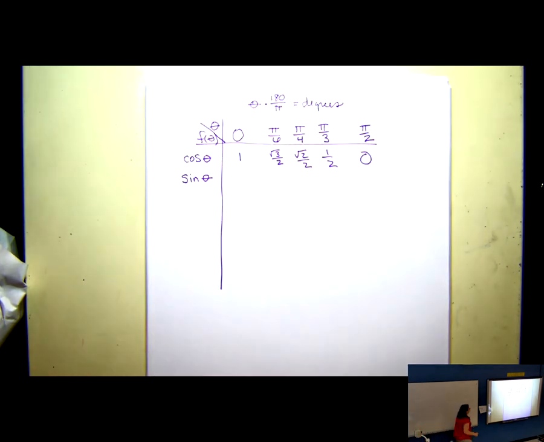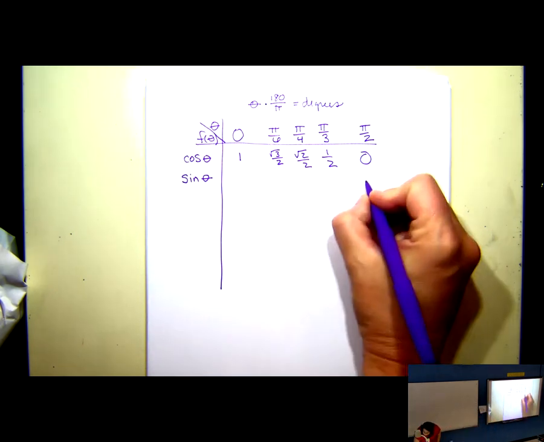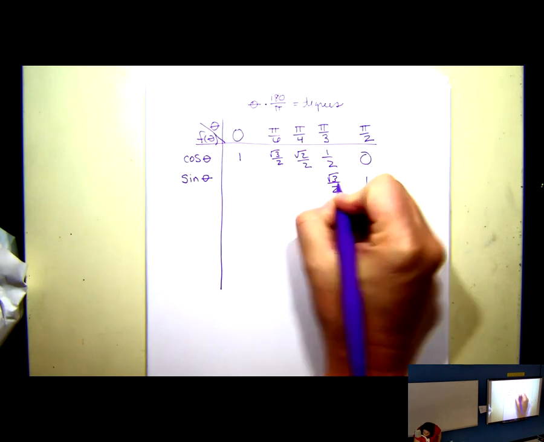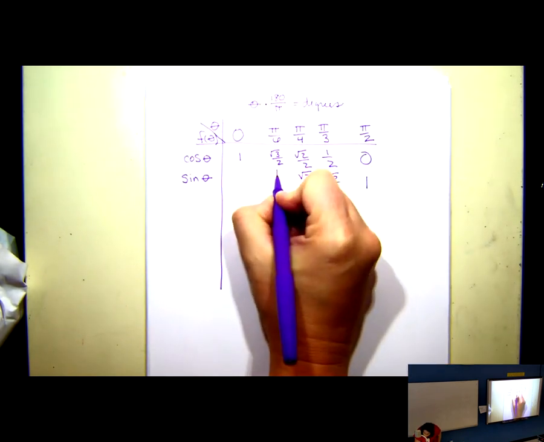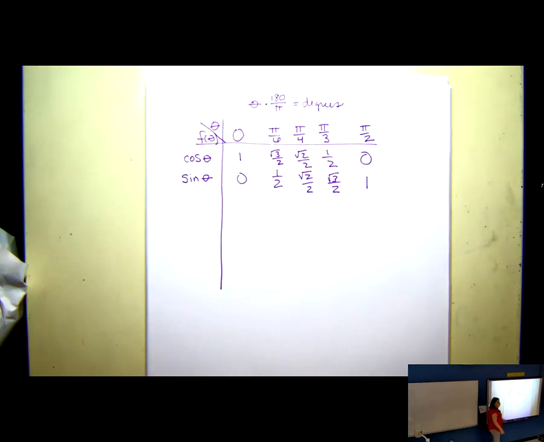Cosine and sine are co-functions, so complementary angles have the same output. Quick and dirty, you can just start here at pi over 2 and follow the same pattern. Put 1, square root 3 over 2, square root 2 over 2. And then if you look back at it, if we were to graph sine, sine would be odd, and so it would have to go through the origin 0, 0. Now, if you're in radians on your calculator,